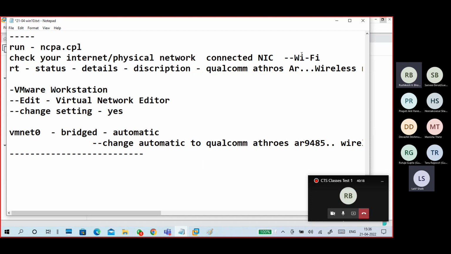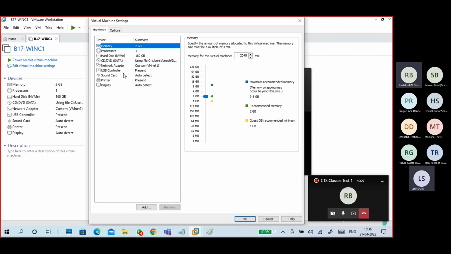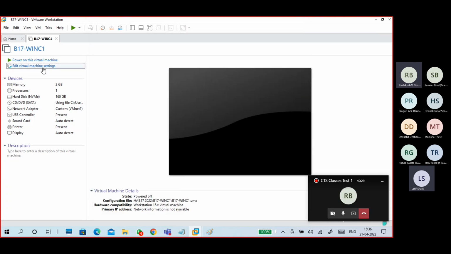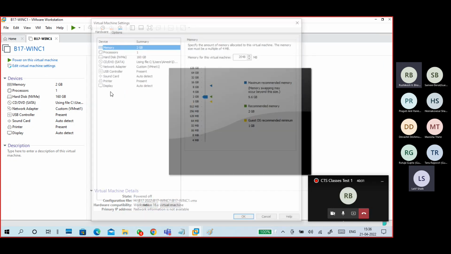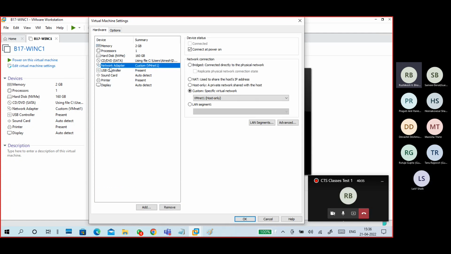Now what I'm trying to do is, I selected VMnet1. I'm changing to VMnet0, because I want to connect the internet to my network adapter. So in my virtual machine, edit virtual machine settings, network adapter, custom, VMnet0.